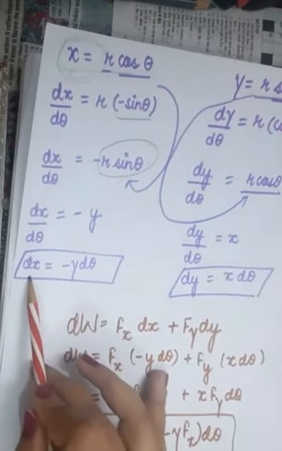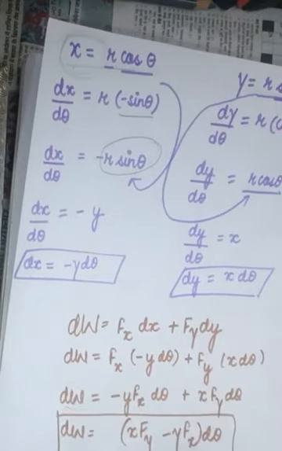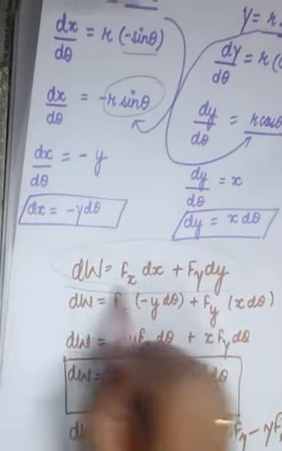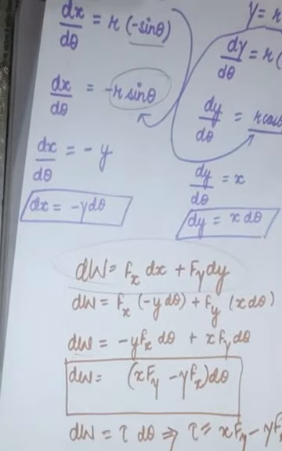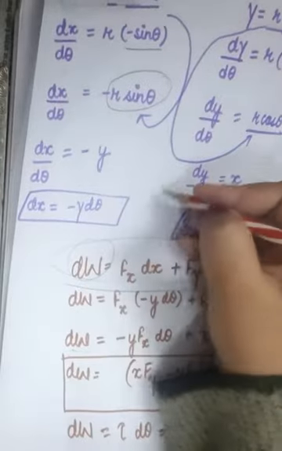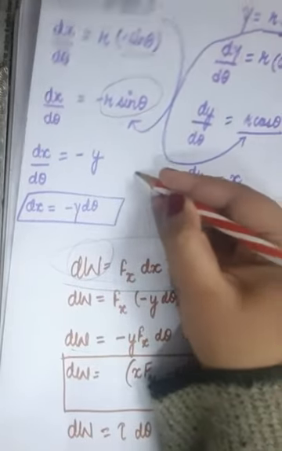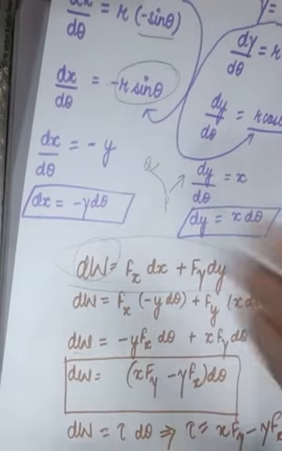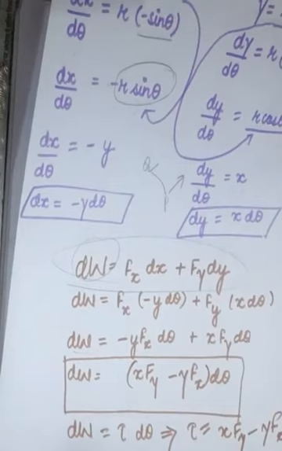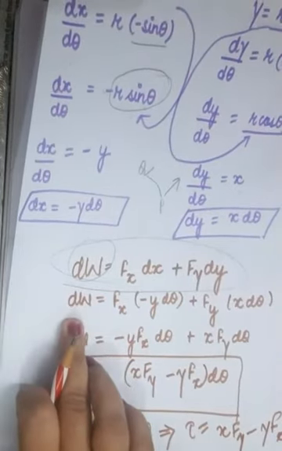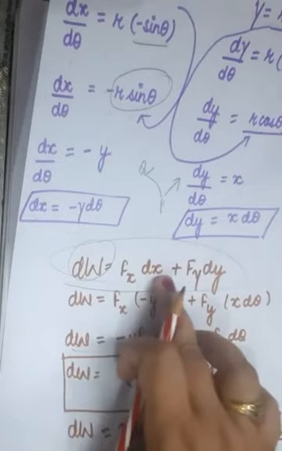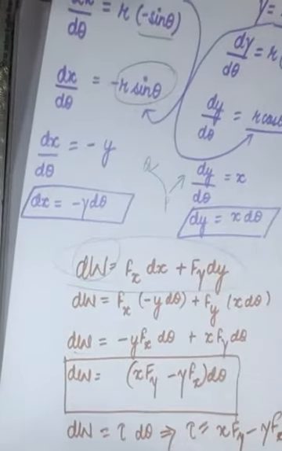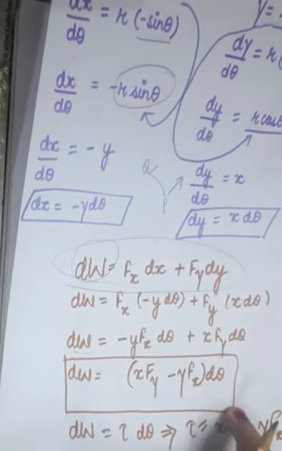So let's find out the value of dx and dy as I had already stated. And you know that this was the expression that you got on the previous page, which was the expression for work done when the body moved from P to Q. See, the force acted on P, and that force eventually took the object to Q, right? So dW as it is, Fx as it is, in place of dx put this, in place of dy put this, and ultimately you're going to get this expression.